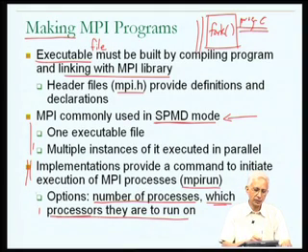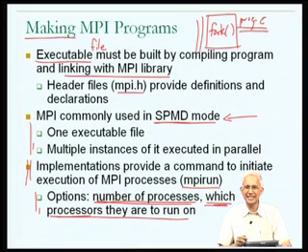But these are the two options which a typical implementation of MPI run would take: the number of processes that you want the program to run as, and further possibly the specific processors where you want the processes to run. Now this is an interesting idea because it suggests that you could write an MPI program without taking into account the actual details of how many processes it is going to run as. So you could write an MPI program so that it runs as some n processes, and then you could actually run it as 16 processes one day or as 32 processes the next day without actually changing the program, but by just providing the correct information about the number of processes in the initiation of the execution of the program